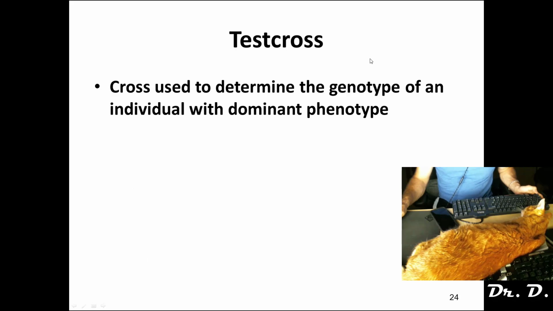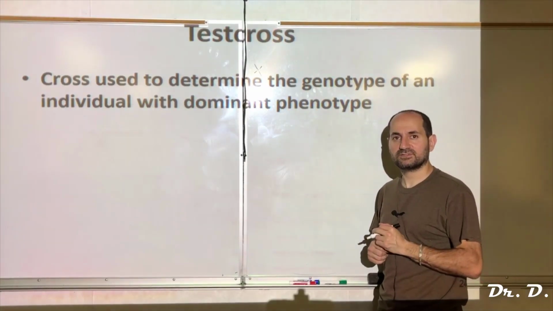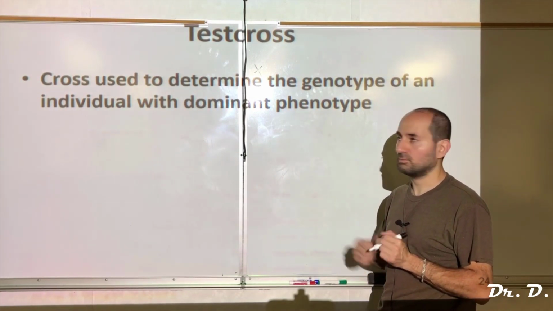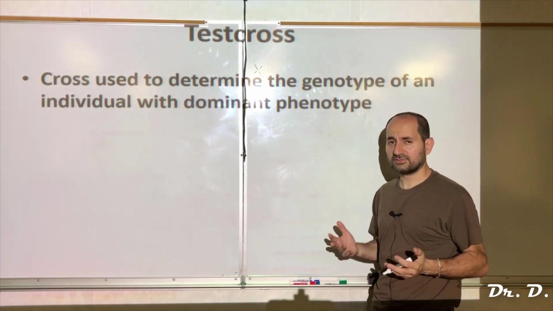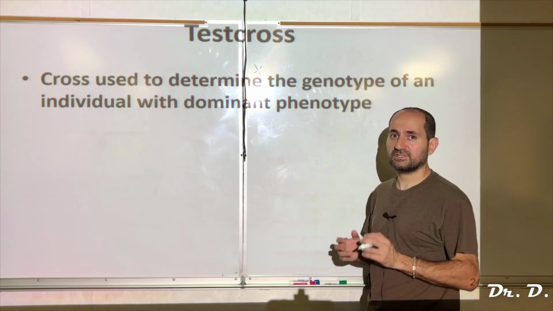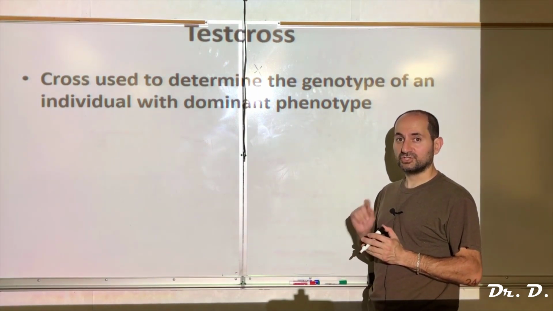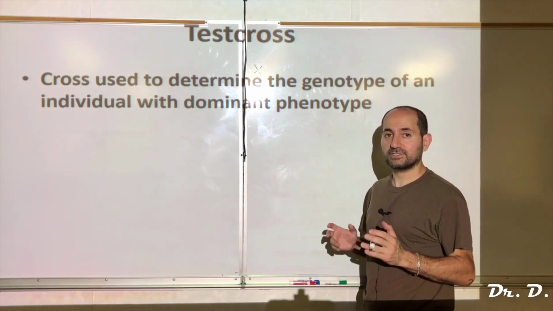Awesome. Next, I'm going to explain how a test cross works. A test cross is a simple genetic test that you can do to figure out the genotype of an individual with a dominant phenotype. Okay, so let me take it to the board. All right, for the last concept in this chapter, we're going to talk about what a test cross is. A test cross is a very straightforward test that you can do to figure out the genotype of a creature